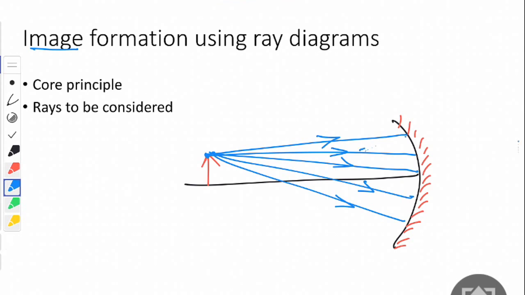So let's say this is the normal, okay? So it will get reflected something like this. It comes, let's say, here. What will happen to this ray? This also will, there'll be,